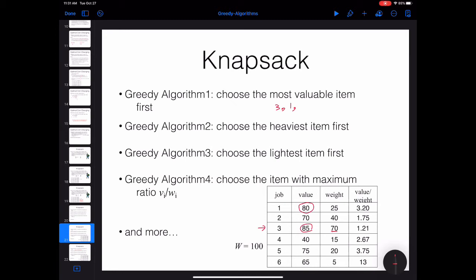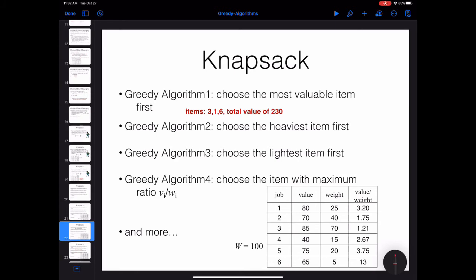And the only object that I can take is 6. So 3, 1, and 6. The total value that I can get from this is going to be, I think, 230. This is going to give me the maximum value that I can get,